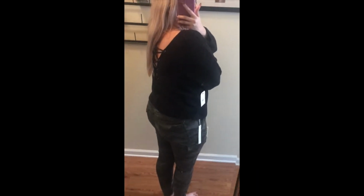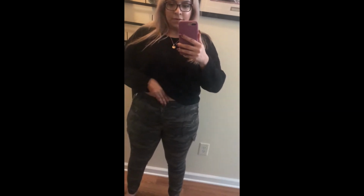So here is the first outfit. I have these cargo camo print pants with this black sweater, and on the back of it, I don't know if you guys can see it, it has stitching in the back. It's super cute. I love that little detail on it. The pants fit me. I'm on my period right now, so I'm a little bit bloated, but they fit. I feel like I'd probably like these a little bit better if they weren't camo print